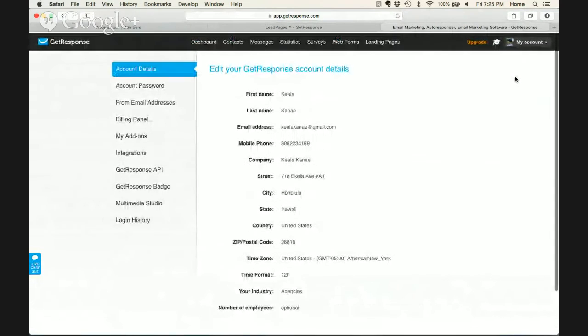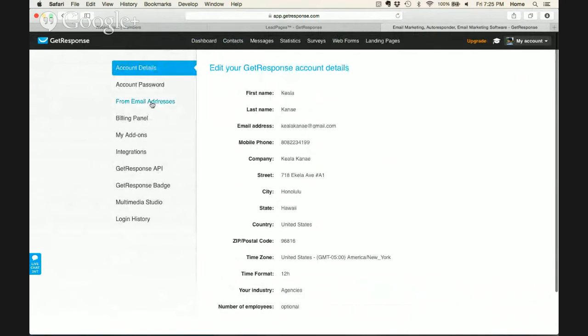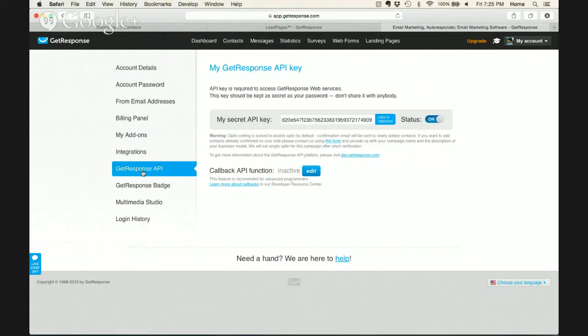Okay, so now we've clicked on Account Details. On the left here, you're going to see where it says GetResponse API. So click there. And now I have to make sure that this video never goes public. So we're going to click there, and you're going to see My Secret API Key. You're just going to highlight this, copy it,